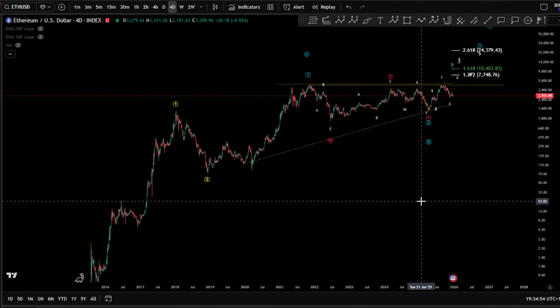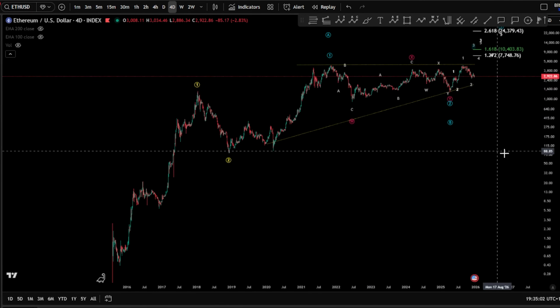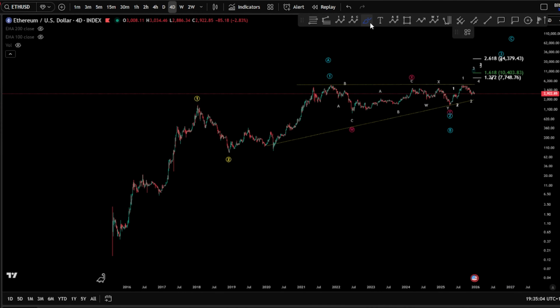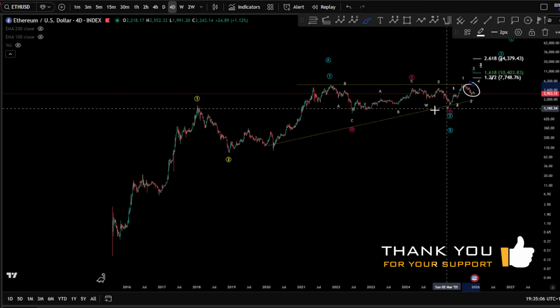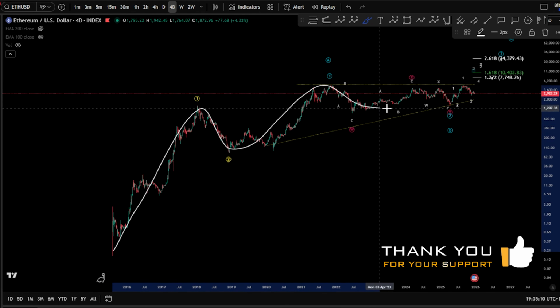And we're going to start with Ethereum to understand the complexity of the crypto market right now, with the altcoins and Bitcoin as well. We see a lot of complexity in the crypto market on the micro level. We're going to see what's going to happen, but let's start with Ethereum, the all-time history here, where